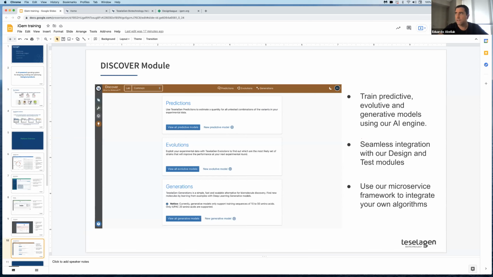Also, you can interface the platform through a number of tools with your own algorithms. These modules are a little bit out of the scope of today's workshop, but I just wanted to give you the high-level picture of what it is that we are building and